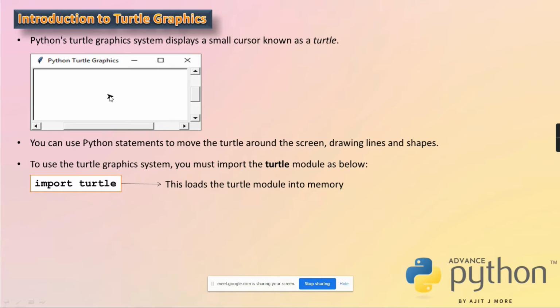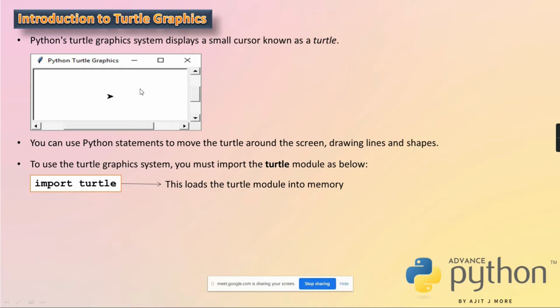So you can tell the turtle to rotate in the right direction, and it will change its face direction accordingly. Or go by this much angle in the left direction. And then again go forward or come backward. So you can command it. Then you can change the pen color, you can change the fill color, many things. Then the pen thickness, everything you can do.